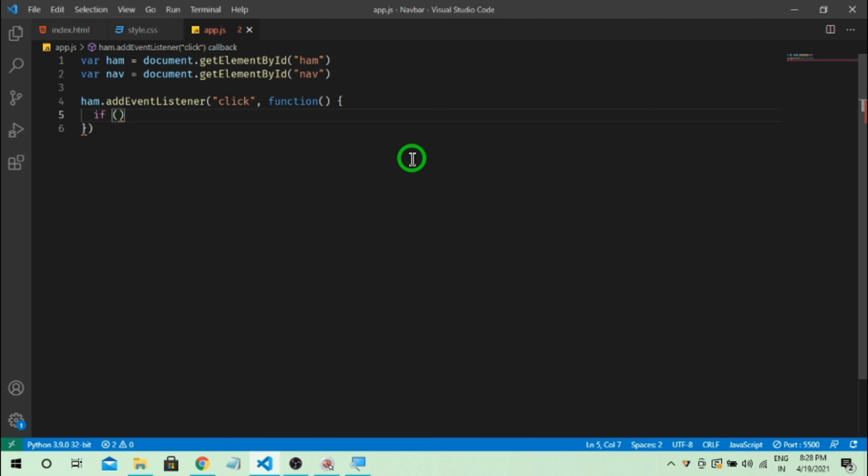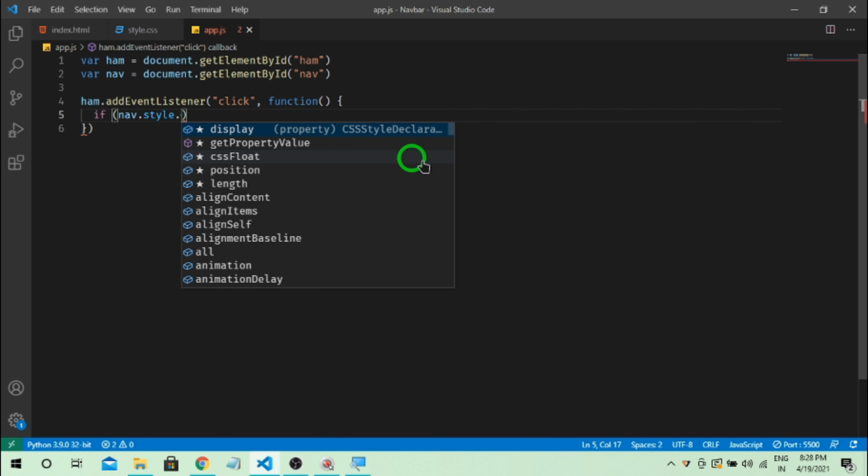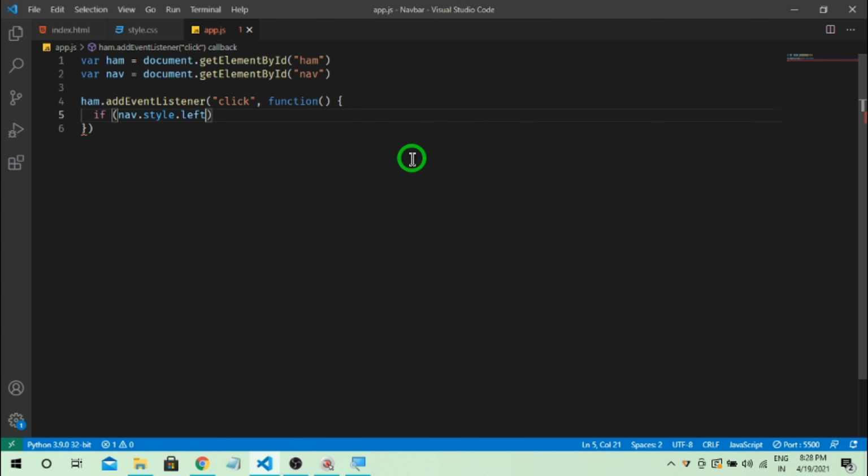So if nav.style.left is equal to, we have to put three equal signs so that it is a comparison. So we are going to add minus 100%. If the left of the object is minus 100%,